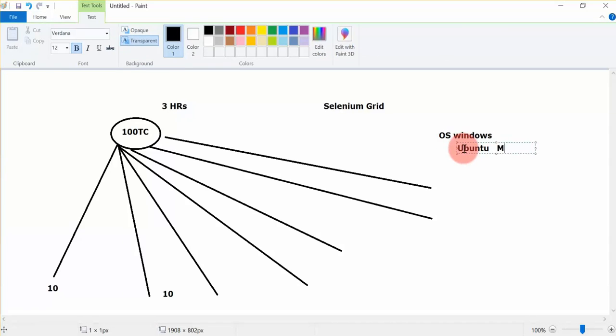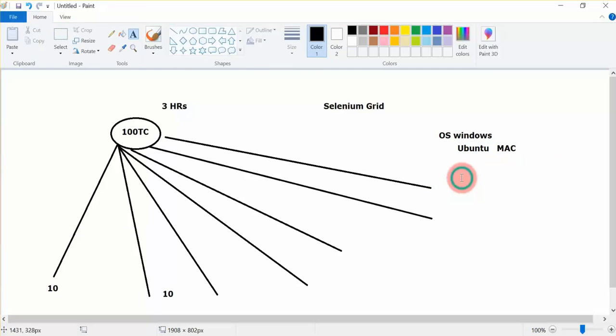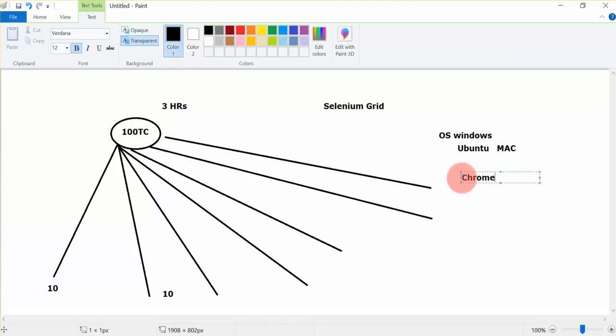We can run our test case on the Mac, and we will have some different browsers. Like we want to run the test case on Chrome, then we will use Firefox also, then Edge. Like there are different browsers on which we can perform the testing, right? And manual testing also we used to perform on different OS, different platforms, different browsers, Edge, Safari, and all these